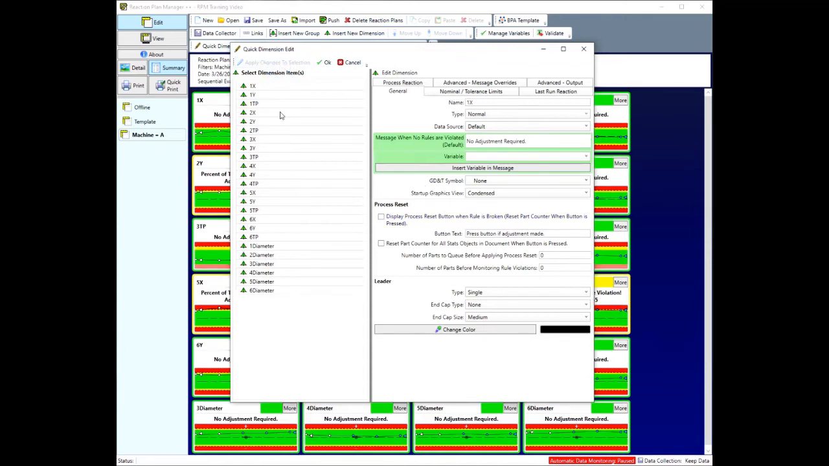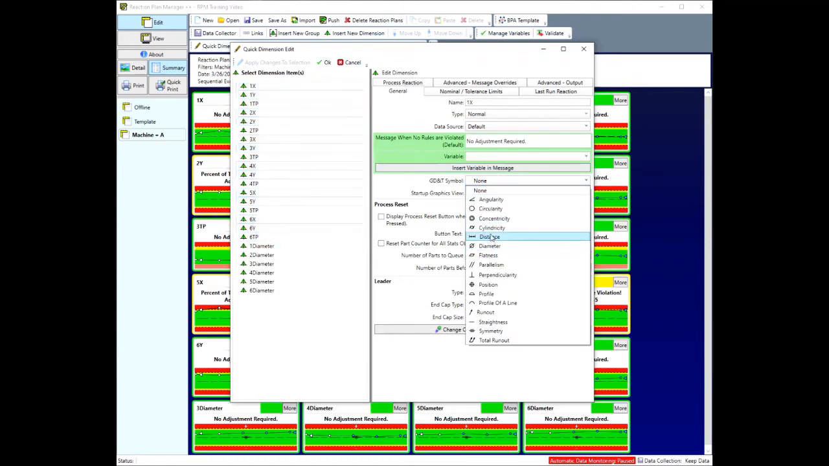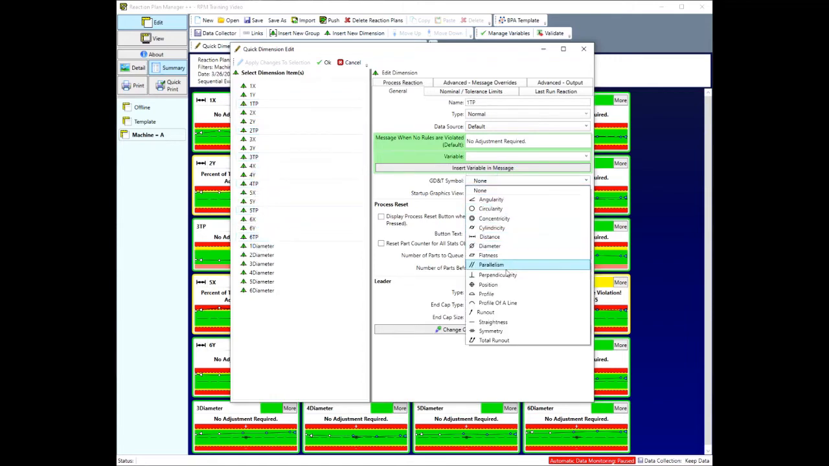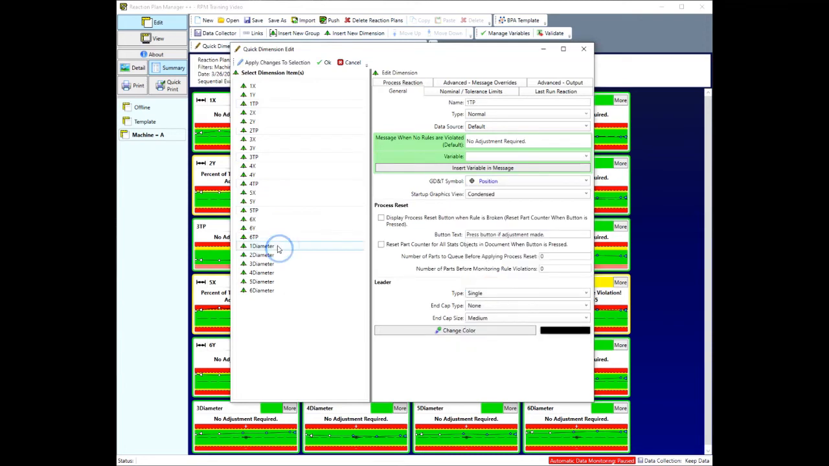What I also like to do is I'll go and change the GD&T symbol for each one of these. I'll add the true position symbol, the diameter symbols,